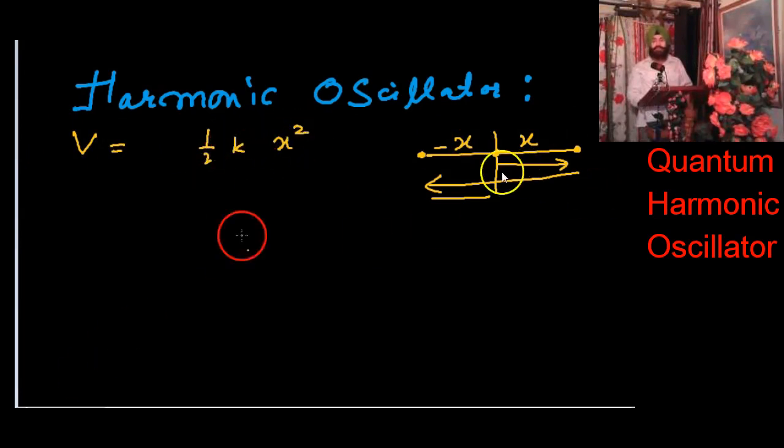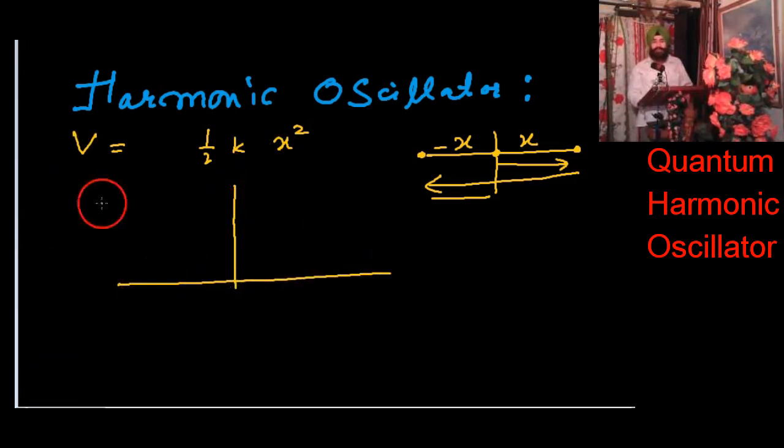Now, potential energy. When any particle, any atom, which is executing SHM, moves from mean to the extreme position, then potential energy starts increasing. And the formula for potential energy is half kx square, where k is the force constant. As x increases, potential energy goes on increasing. So if I draw a graph,